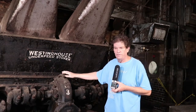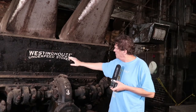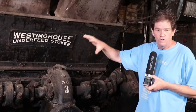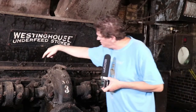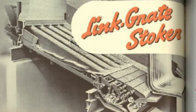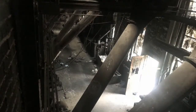In 1935, just after Prohibition, National Distillers did a renovation here, and that's when these Westinghouse understoker boilers were installed in 1935. And for those of you who might be car engine people, you can see that this basically looks like the crankshaft of an engine, and the pistons in this case aren't producing compression, but they're actually pushing the coal into the firebox, which is behind here. And the coal hopper is up here. It's a pretty basic system. You would pull on the chain and the coal would fall down into here,